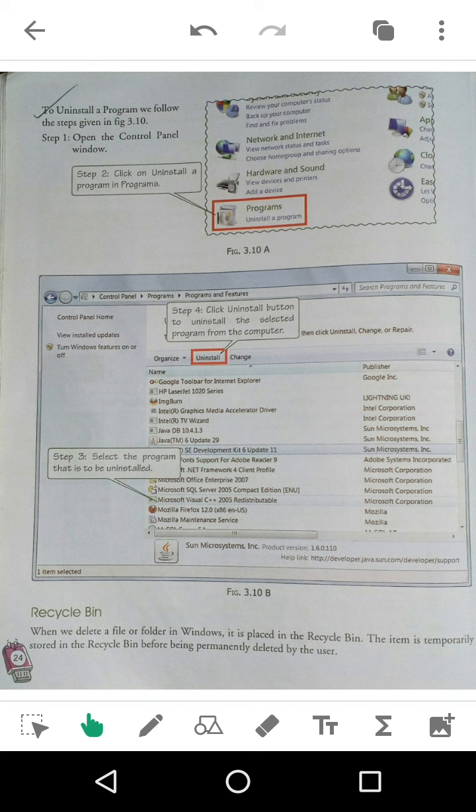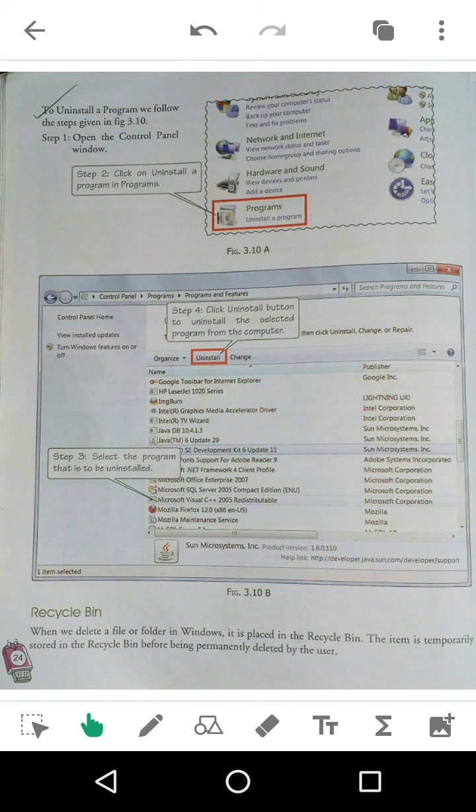Then next, you will see the list of programs, like Google Toolbar, HP LaserJet series, etc. The list of the programs that are installed on your computer is shown on this screen. Suppose you want to uninstall Microsoft Visual C++ 2005 Redistributable.